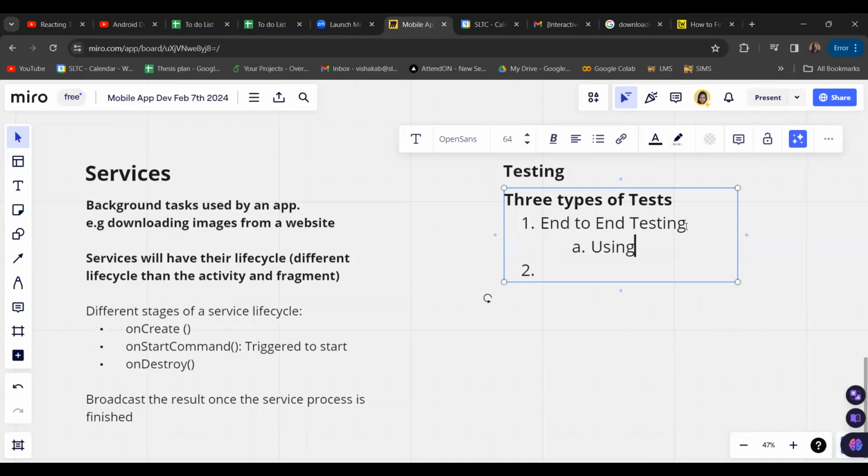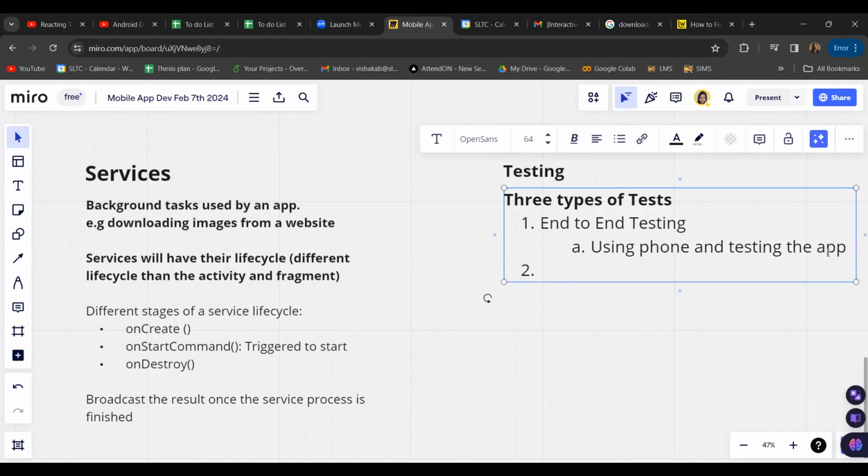So this testing will be done using an app, using a mobile, using a phone, and testing the application using the phone. So in this situation, you will face some problems and some things can go wrong. So errors can occur,